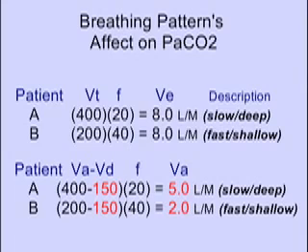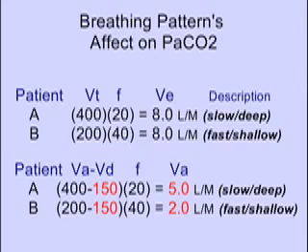It's dead space. It's the air in the trachea, the mainstem bronchi, down to probably about the 20th generation before you start exchanging gases. So let's subtract 150 cc's because we learned in the ABGs that typically dead space in a person is 1 milliliter per pound of body weight. So let's say an average size 150 pound man, and you can see that in red in the second set of data. Let's say that they're both 150 pound men, and let's subtract 400 minus 150, and we get an actual alveolar volume of